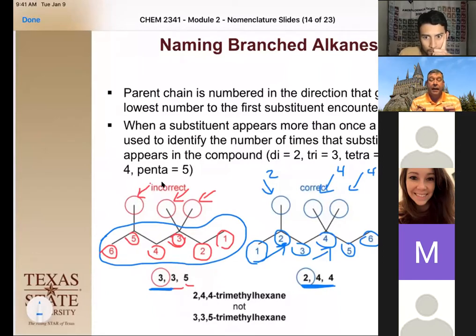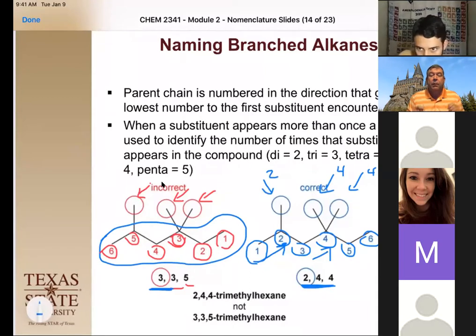However, the next thing we need to add is that if all the substituents are the same, we can just call them the same, but we have to put the number of them on there. So if it's just one substituent, it'd be the methyl substituent. But if we have 2 methyl substituents and we've identified the locations, like the 2 and the 4, we can call it dimethyl, but we just have to identify where the numbers are. If we have 3, it's tri, 4, tetra, penta, and it goes up using those same rules that we use with hexa, octa, and those.